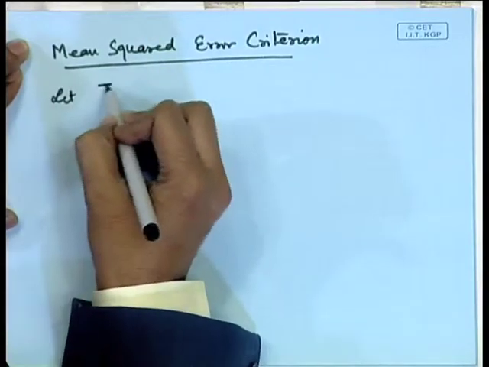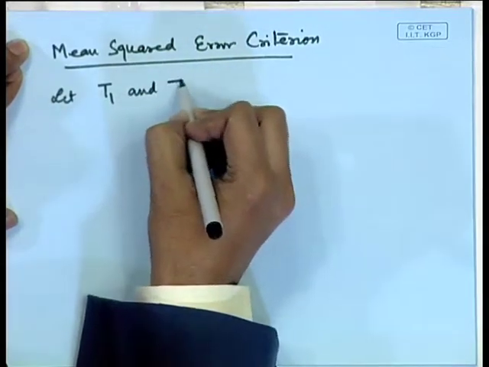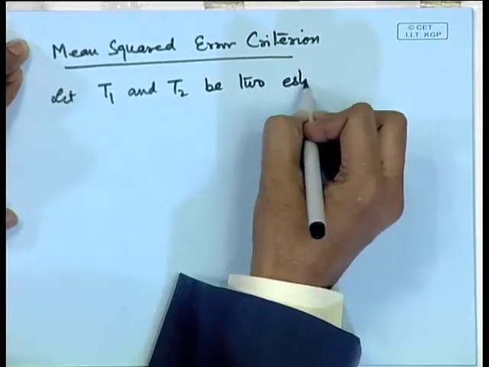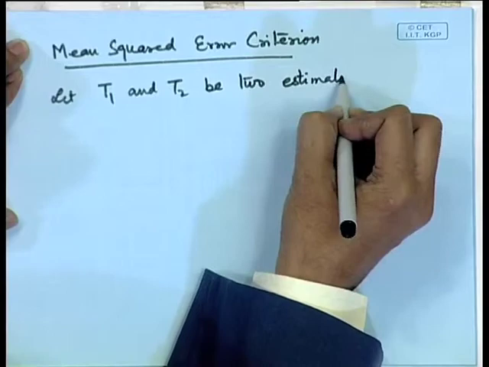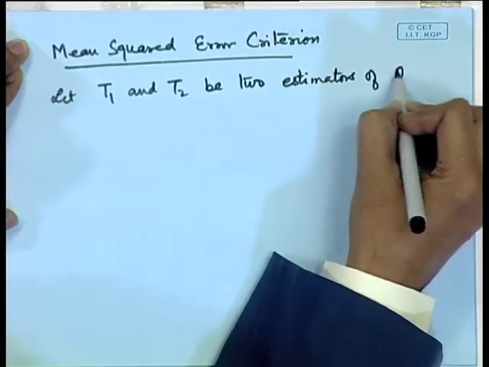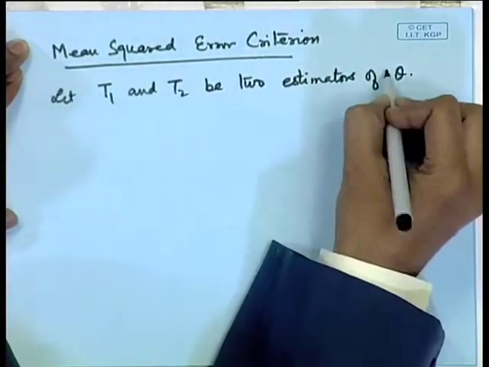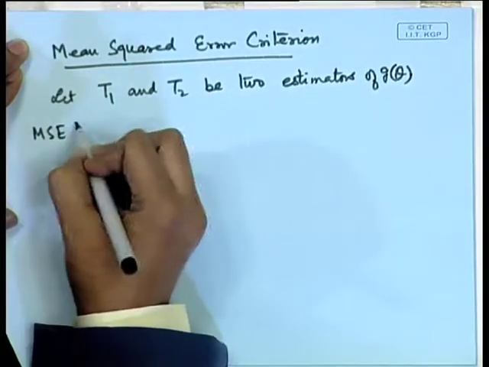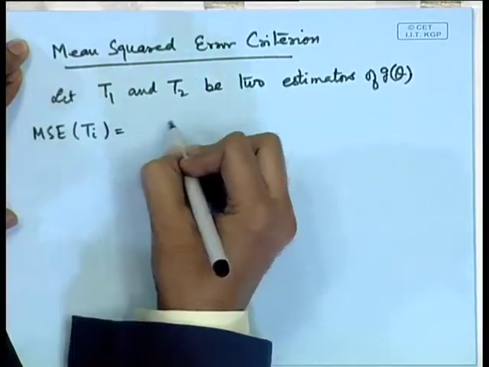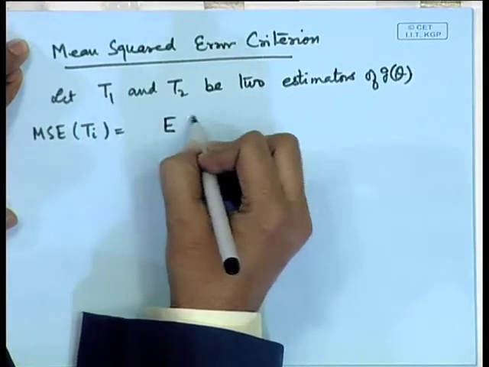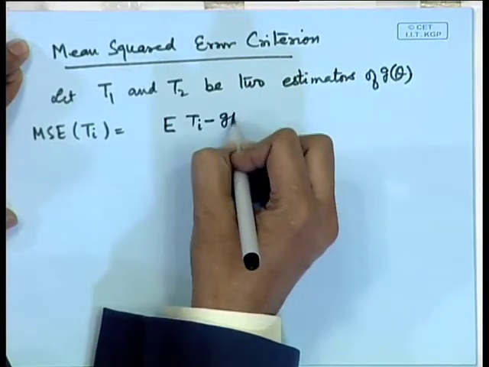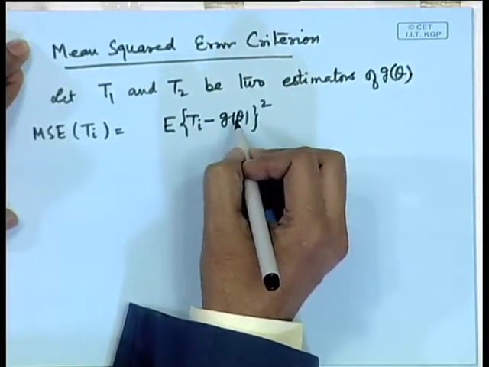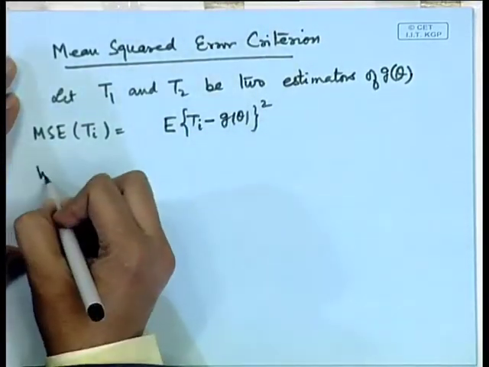Let T1 and T2 be two estimators of theta, say g(theta). Then the mean squared error of Ti is defined as the expectation of (Ti minus g(theta)) squared. So, this gives a measure of variability of the estimator, and we will say that